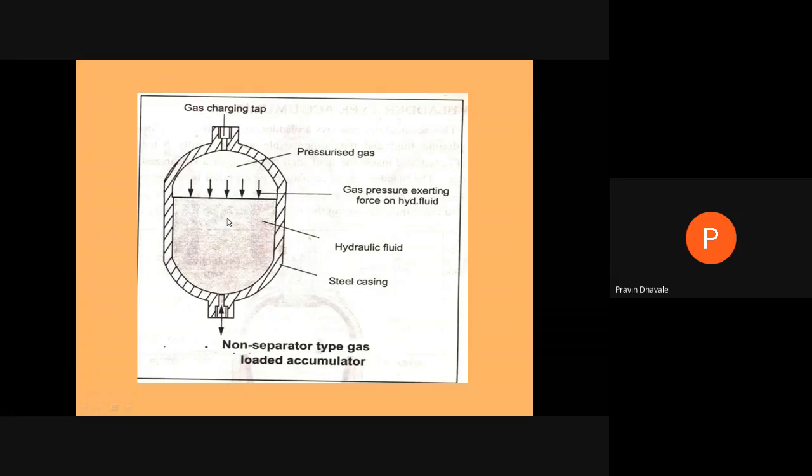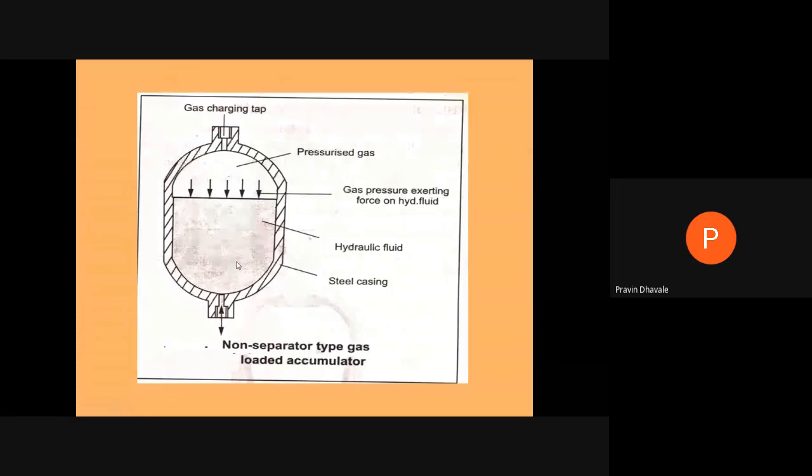Because of that, the oil becomes compressible, leading to the compressibility nature of the oil, and jerky motion or certain kind of fluctuations or jerk will happen while operating the actuators. Second limitation for this type of actuator